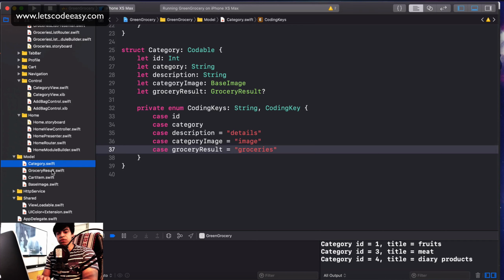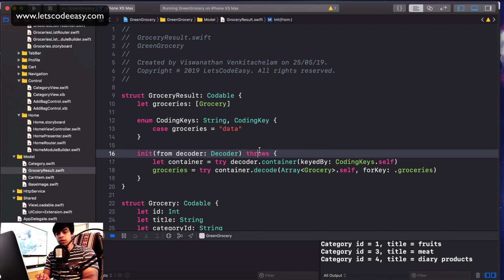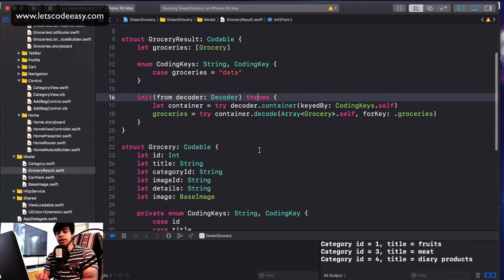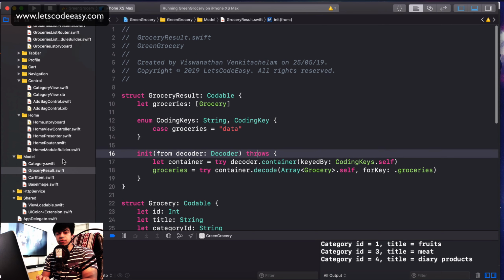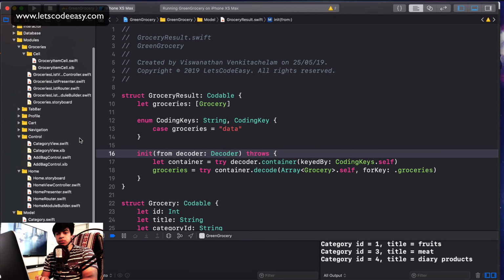Let's say whatever codable I need, like to deserialize the data which is coming from the server. That's all ready with me. I know what kind of data is going to come back, and I have created the data structure similar to that. So that is also ready with me. And then I also have